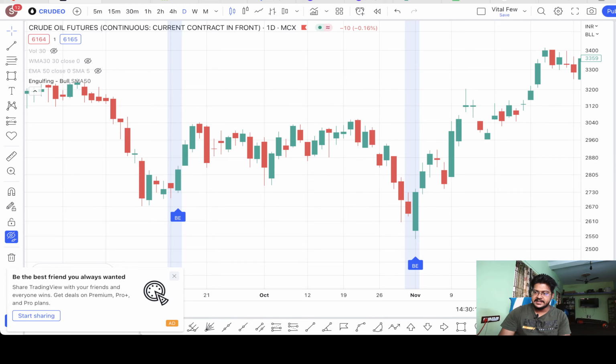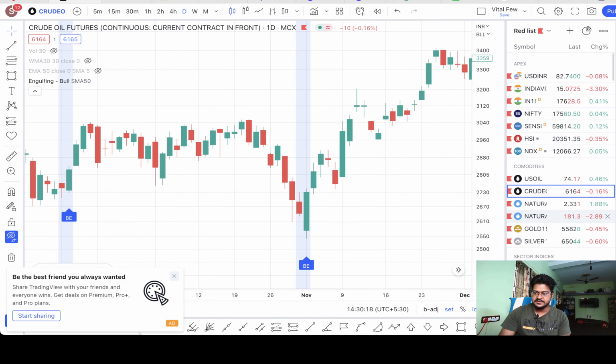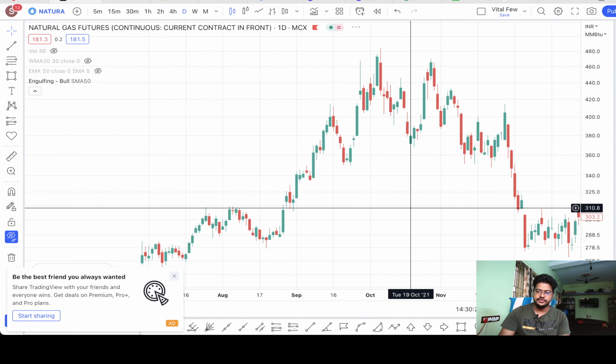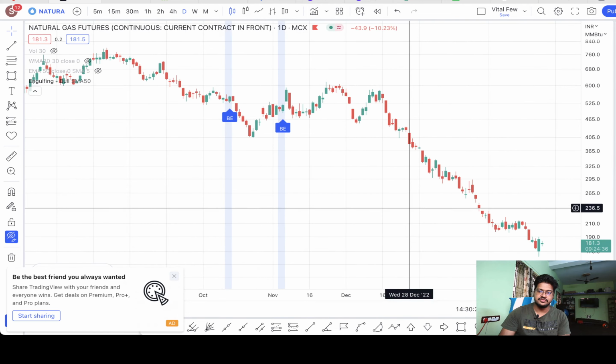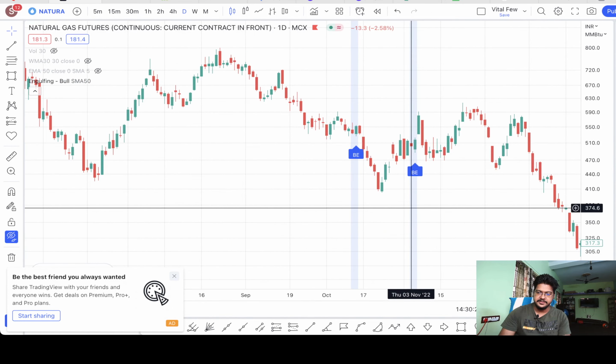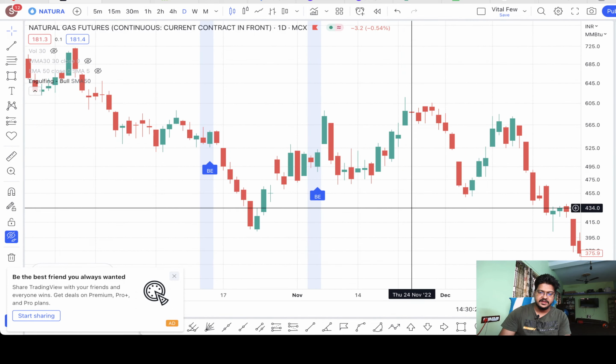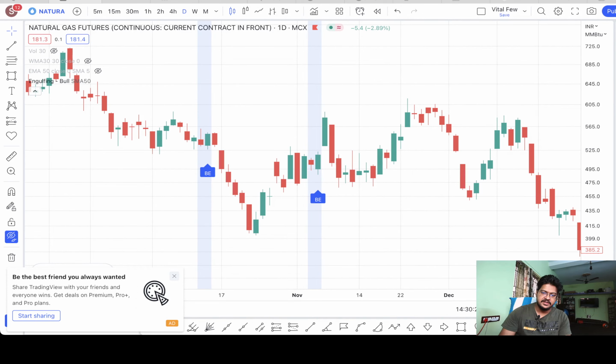commodity, that is natural gas. I will also show you on some normal stocks also. Okay, let's check a failure one. You can see this is the bullish engulfing pattern, the body is engulfed. So I'll draw the line, and you can see the pattern has been broken in the downside and it went